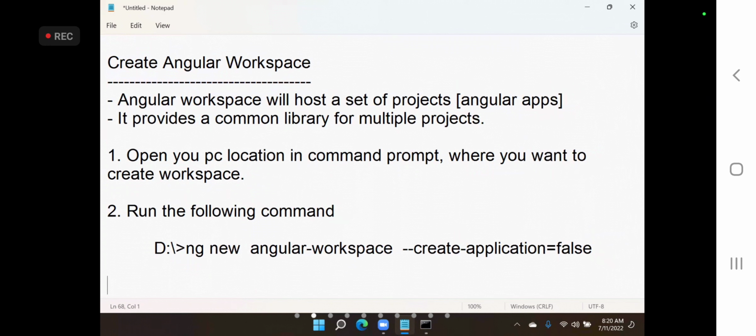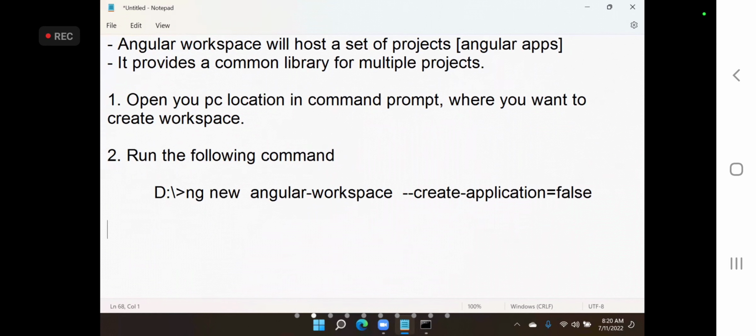That's how we define it. So we are creating a new workspace, and we are not creating an application. First we will see what is present in the workspace, then we will create one application. A workspace is setting up an environment to manage your projects. All your projects you can manage in the workspace.